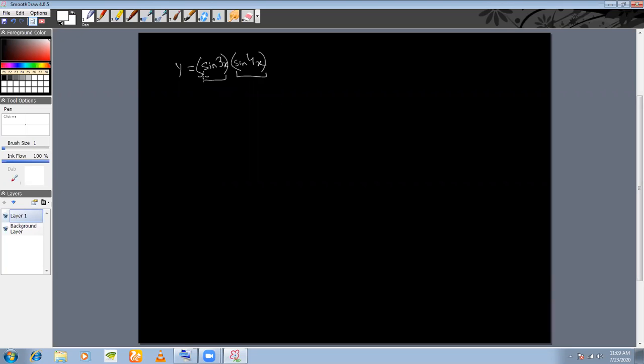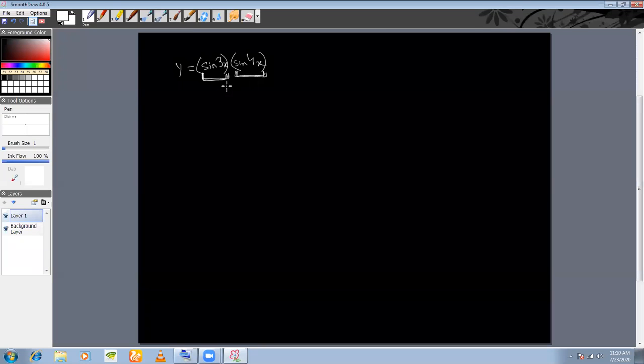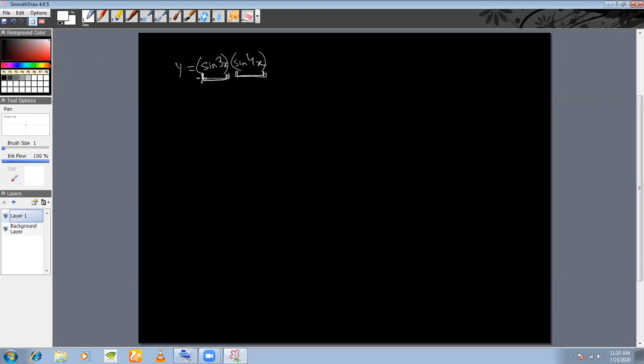Okay. I'm not solving this problem. I'm only giving you a guideline. Now we have this problem: sine 3x, sine 4x. See, the point here is that this is a product of two functions, isn't it? Product of two functions, agreed? Now we have to make a chain for this, and we have to make a chain for this also. So two chains, and then we have to multiply. Understood? So this becomes a little complicated.